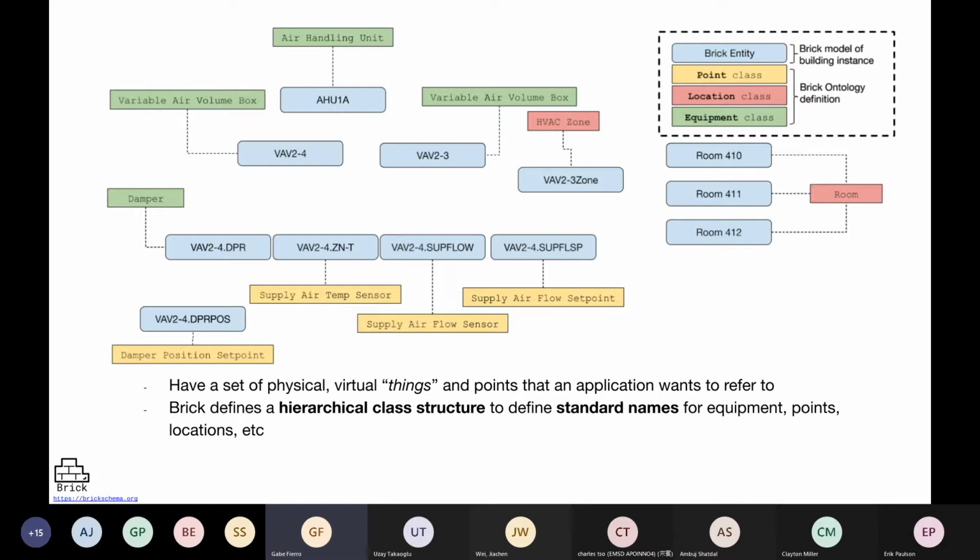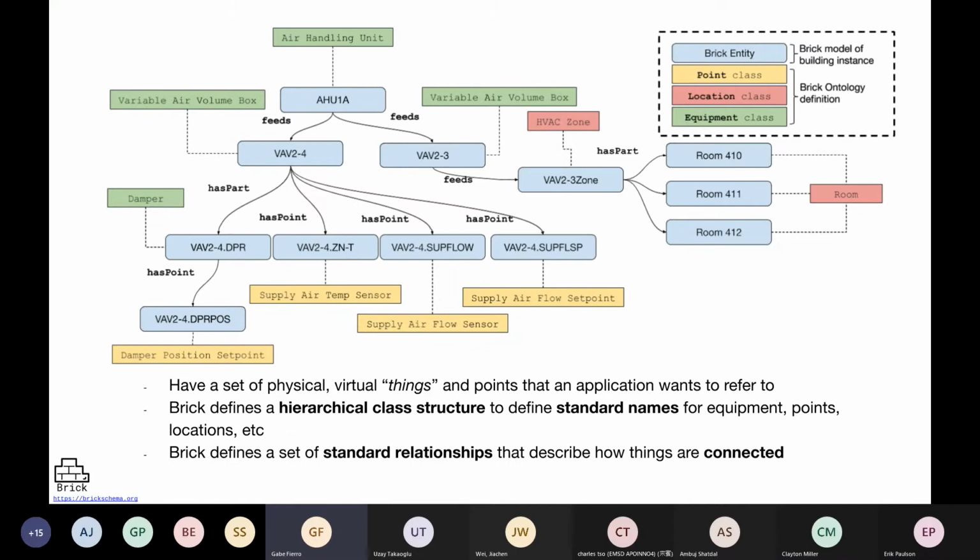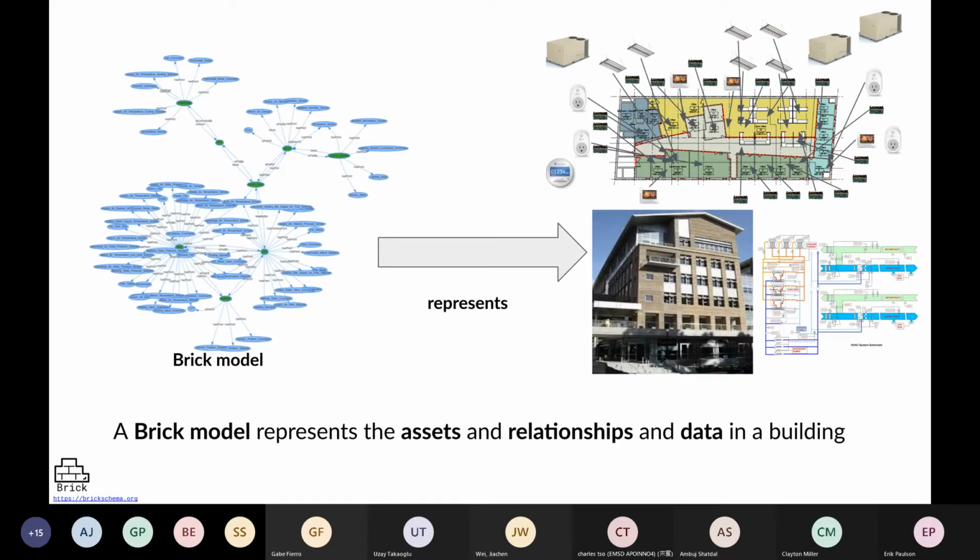There is a relation to a class definition. And then lastly, there are the relationships that show how that actual building system is put together. So here we've got the air handling unit feeding into 2 VAVs, one into a zone that contains a couple of rooms, and then we have a damper and a collection of sensors and set points that tell us how that VAV might be operating.